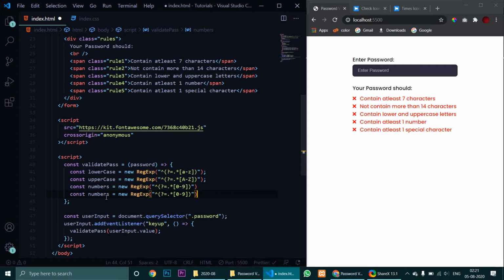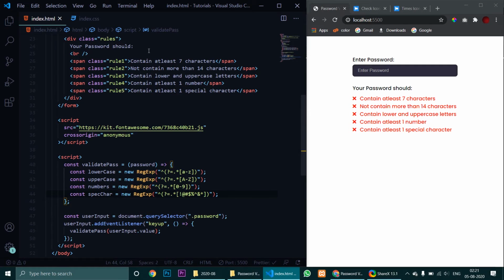Now for special characters as well. For special characters, we can't specify the range. Like in small letters we specified the range from a to z, in capital from capital A to Z, in numbers from 0 to 9. But special characters do not have any range, so we need to specify each and every special character like this. Yeah, this is it. So these are all special characters. So we have created 4 different objects: lowercase, uppercase, numbers, and special character. So now we will be testing it.